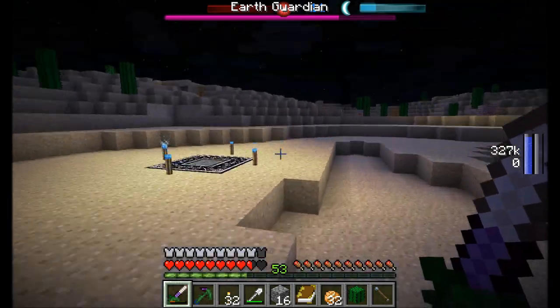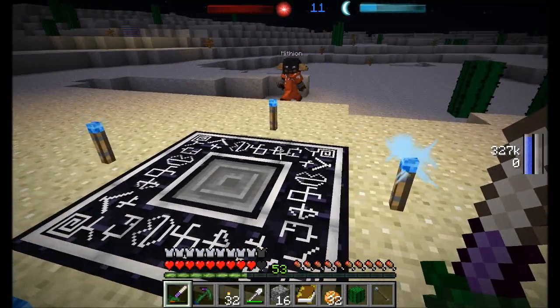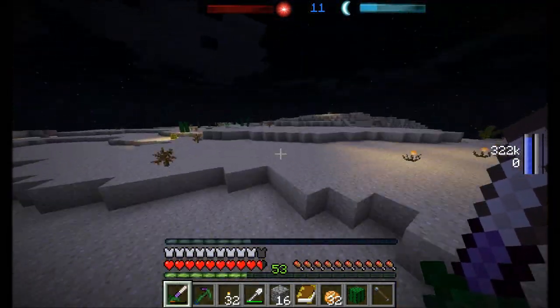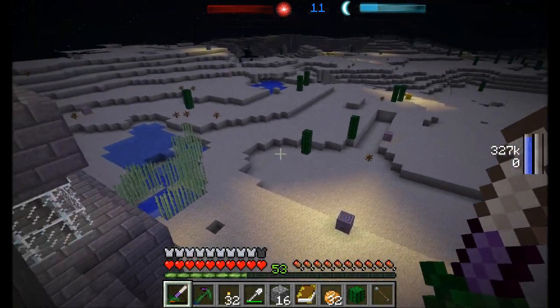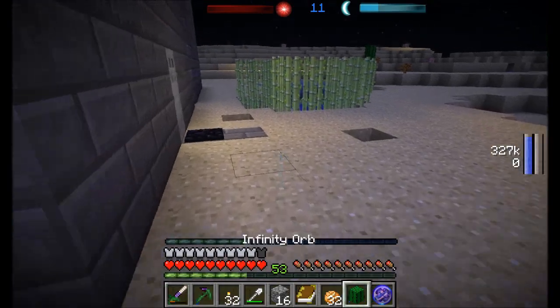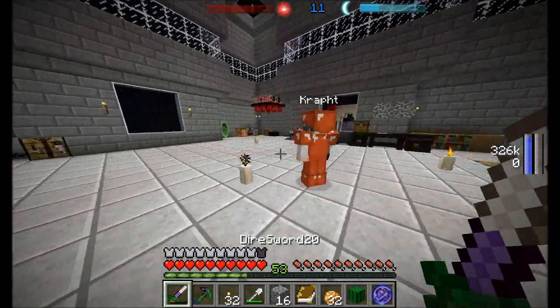That's a fun fight, dude. That really is. Thanks. I'm going to leave this out here so that I can come back to it in the future and summon him again. I want to try it with a rapier, though, and see if I can do a little better. Alright, so now I take this infinity orb that I got, right? Yeah, you just right-click it. Just right-click it. Alright, so let's see. If I come over here...